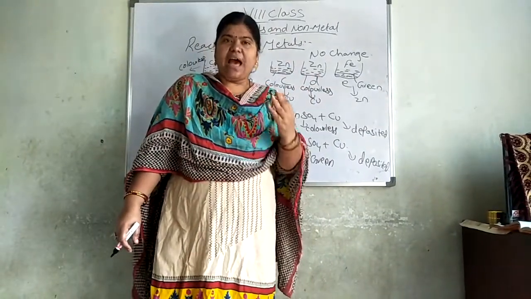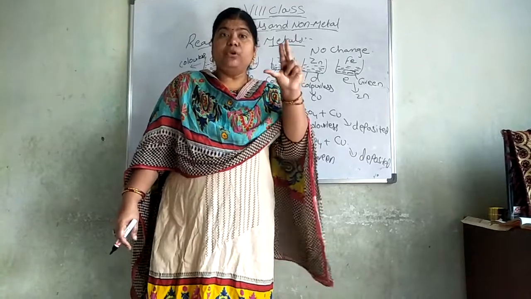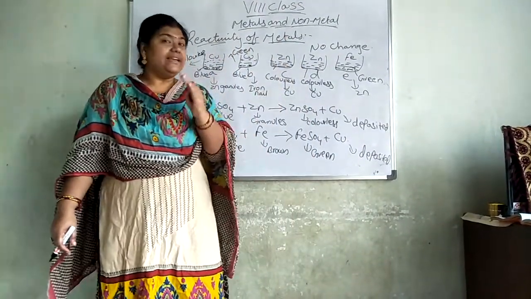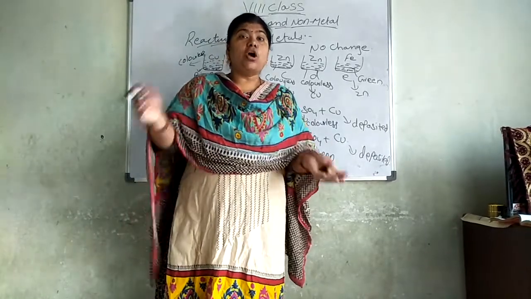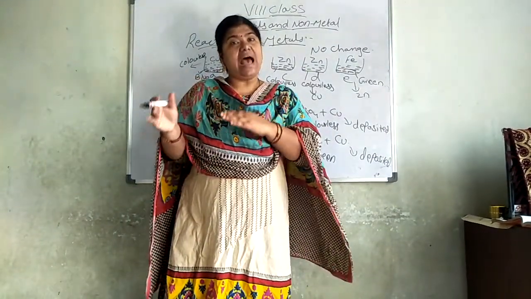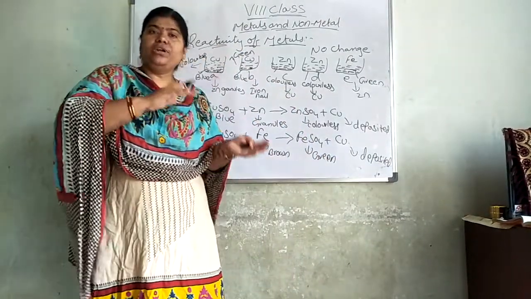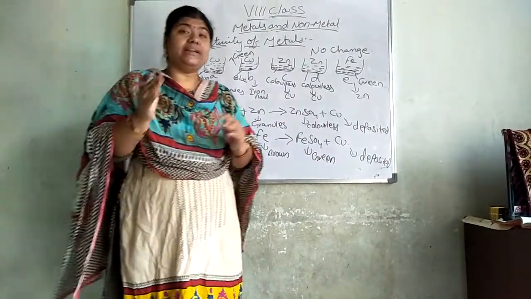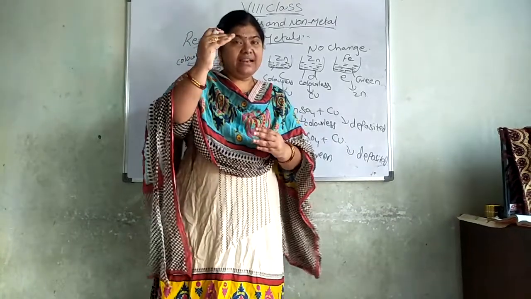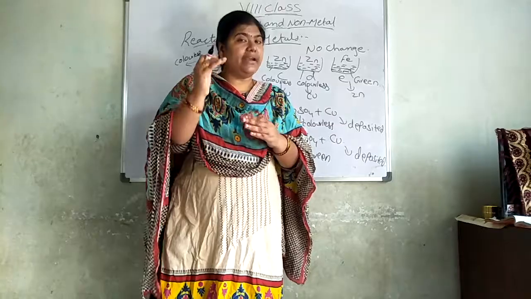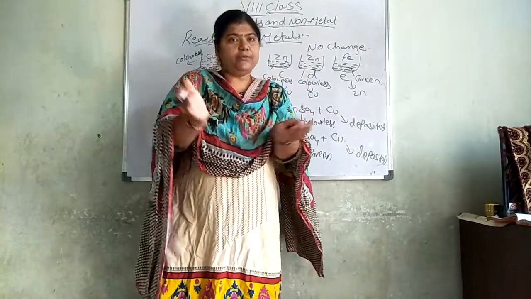After half an hour, you will see the blue copper sulfate solution change to green in color. What is happening? Copper sulfate reacted with iron, and the color changes from blue to green, showing that it is iron sulfate, and the copper will be deposited down. What is the color of copper? Reddish brown, which will be deposited at the